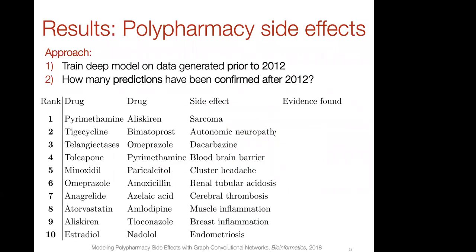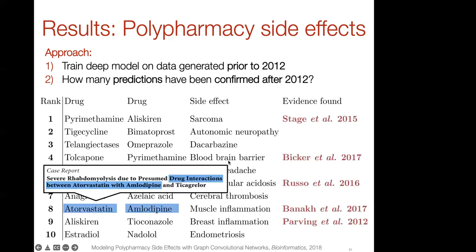And once we trained the model, we did a variety of different sanity checks and performance evaluations. I will not go into all of them. Just one highlight is a challenging setup known as retrospective data split or temporal data split. We took all data on interactions between drugs that was available prior to 2012. We trained the model on that data. Then we asked the model to make predictions that the model is most confident about and see what predictions have been confirmed after 2012. And so this table is showing top 10 predictions that the model was most confident for,